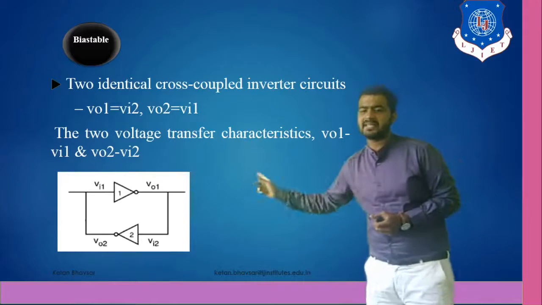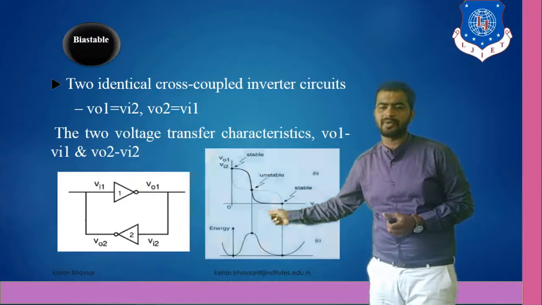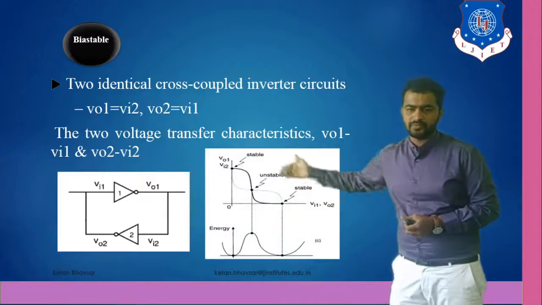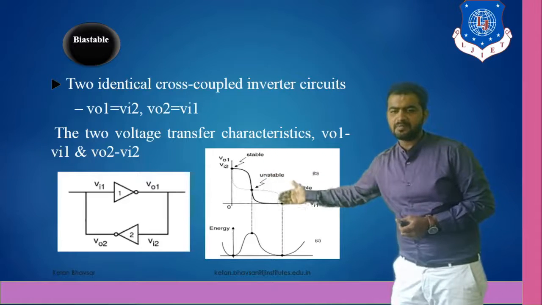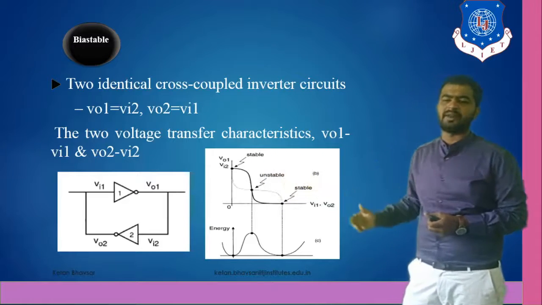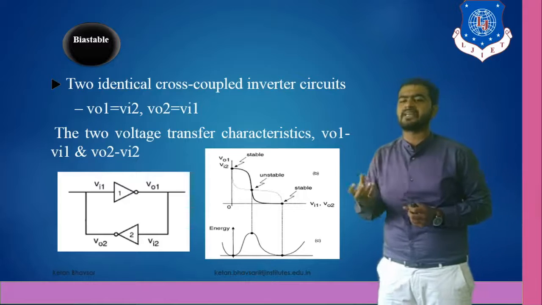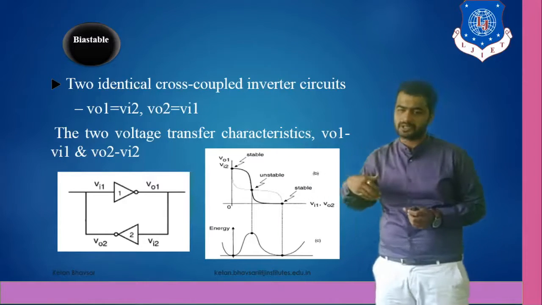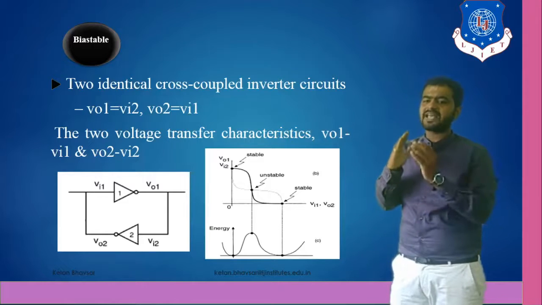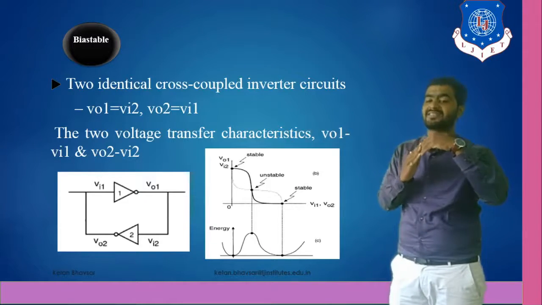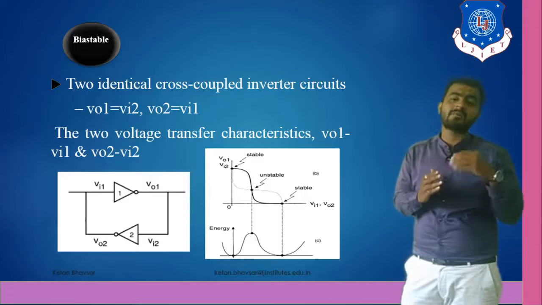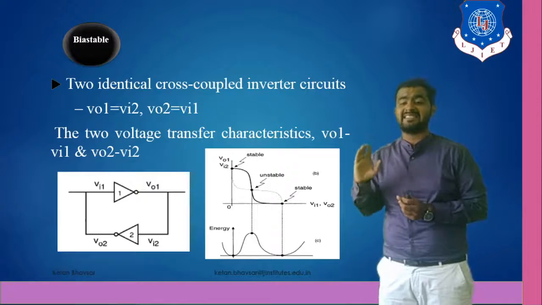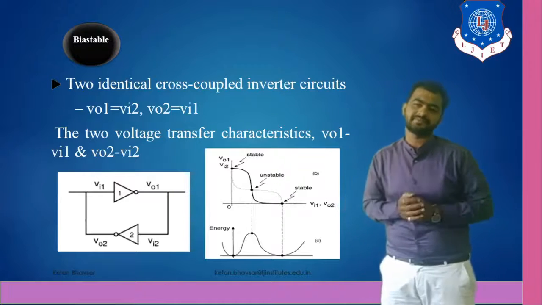As you can see, there are two operating points and two outputs generated, either 1 or 0. But the median point is an astable point, meaning when switching is established from one inverter to the next inverter, for a fraction of a second the output is not at a stable point. It is changing from high to low. And for that particular moment, it's called an astable or unstable point.